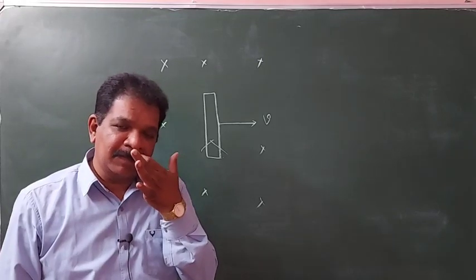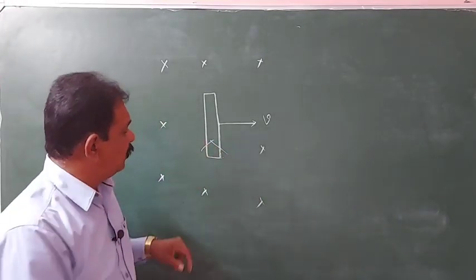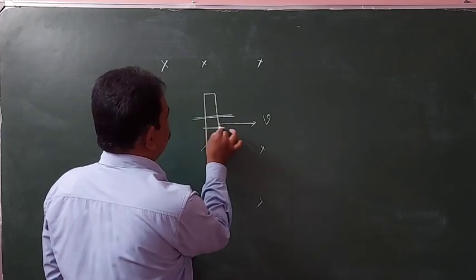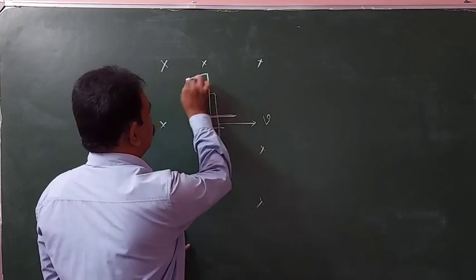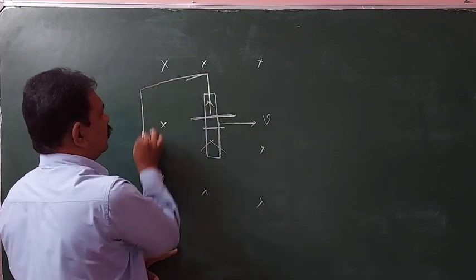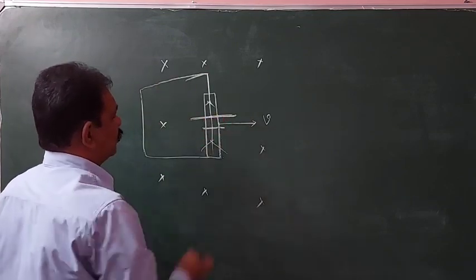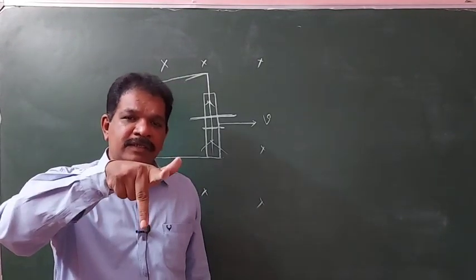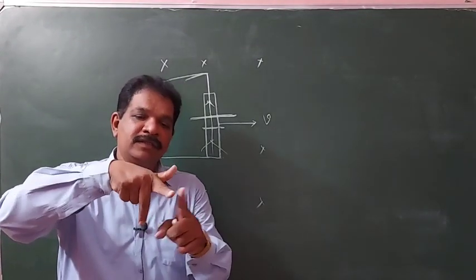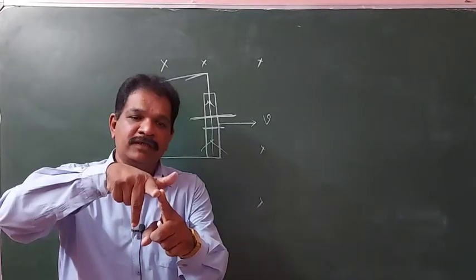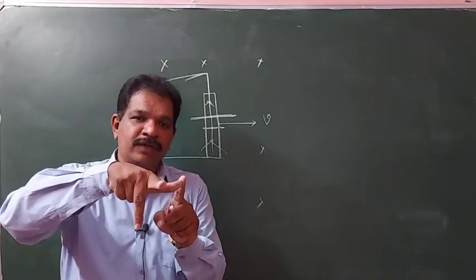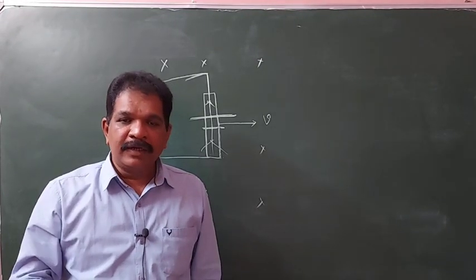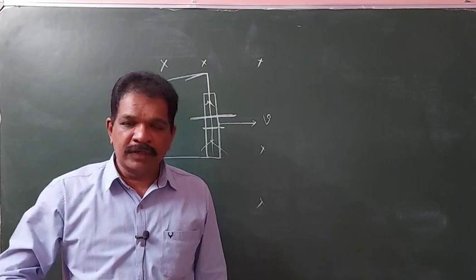Clear? So, in this manner, this rod will behave as a battery having a positive terminal here and a negative terminal here. It will send the current in the circuit like this. Clear? In this way we have to use it. Stretch three fingers. This is the field direction. This is the motion of the conductor. This will indicate the direction of the induced current.